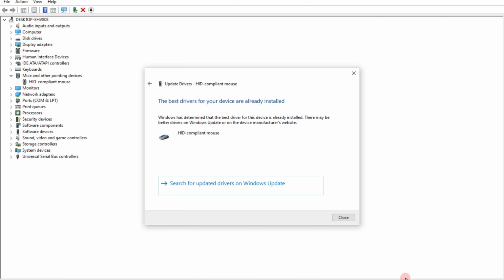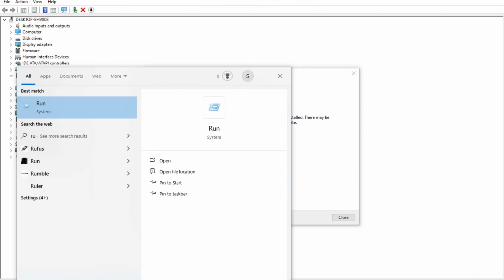of your mouse. Now, if this method didn't work, you need to remove or disconnect your mouse and then connect it again. If this method again didn't work, then the very last thing you should do here is go to